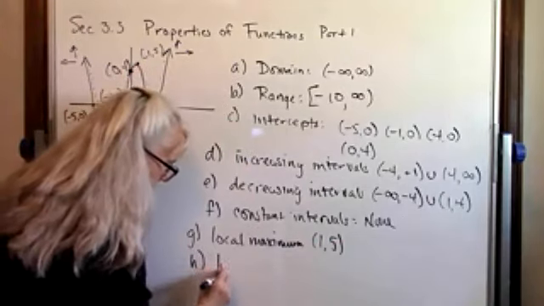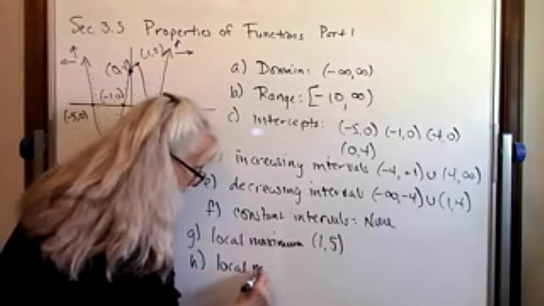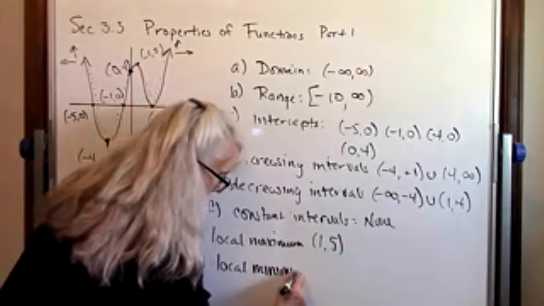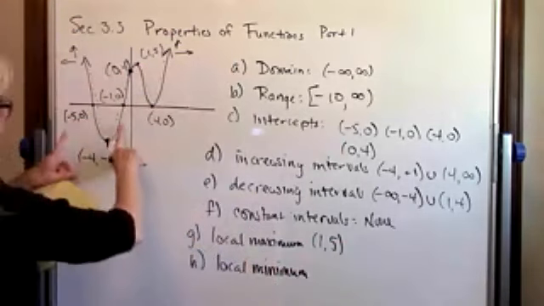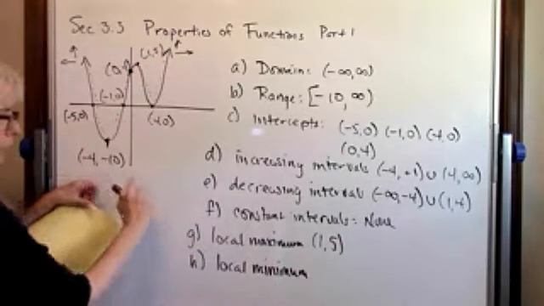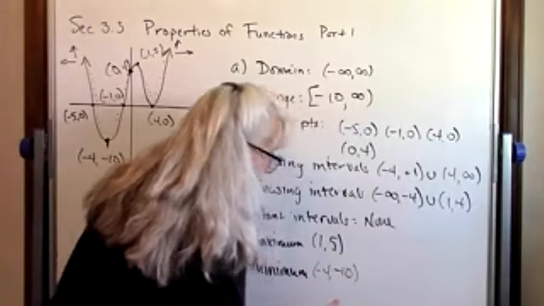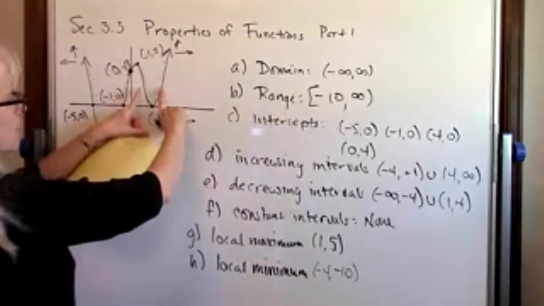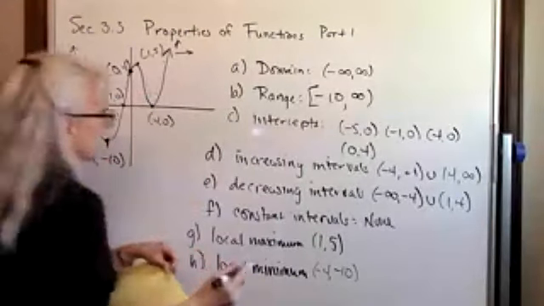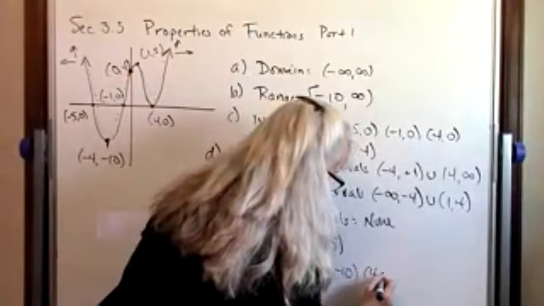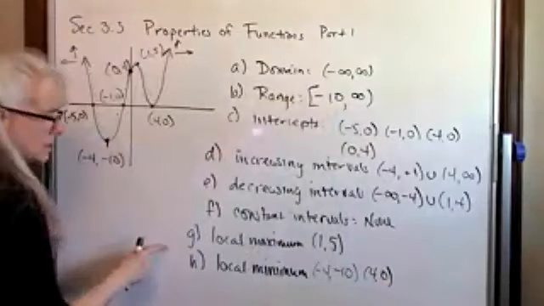What about a local minimum? Well, it has 2. So if I take 2 different open intervals, I'm going to center one of them over here. Sure enough, this is the lowest point on the graph in that area. So -4, -2, that slice of the picture. And over here, we have another minimum, another trough. So at +4, so it has one local maximum, but two local